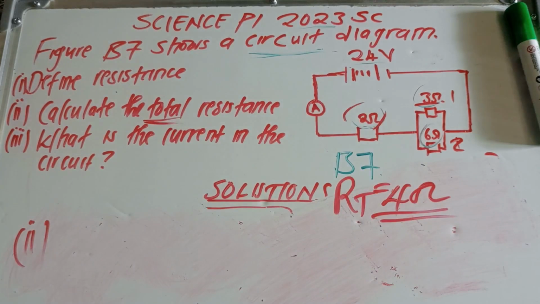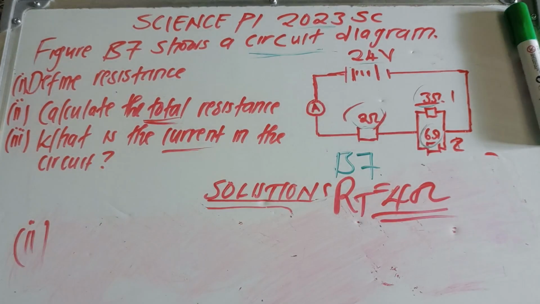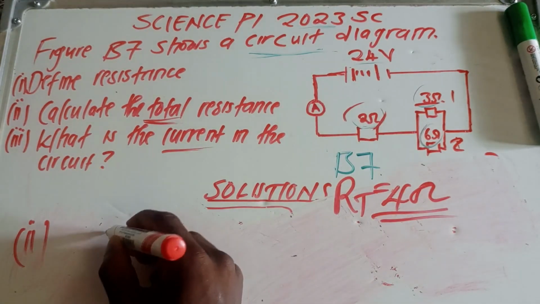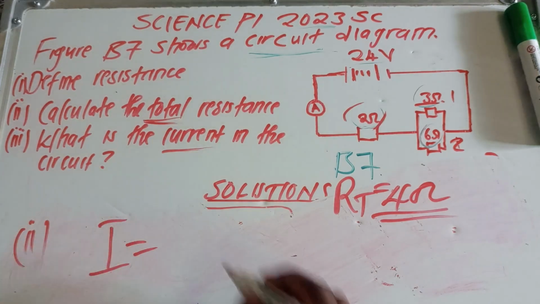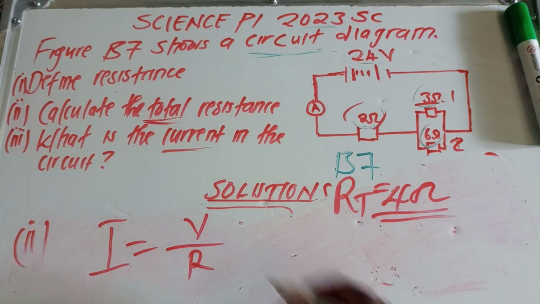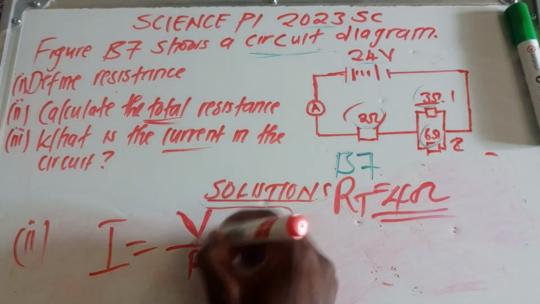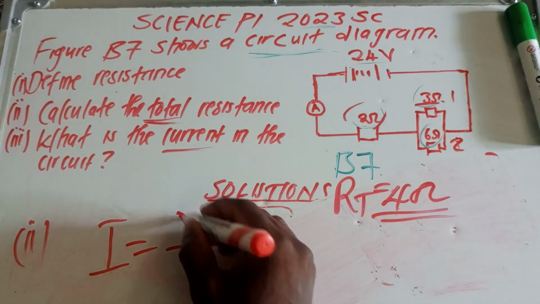Okay, so now let's go to the last question where we have been told to calculate the total current in the circuit. This was very simple because we know that for you to calculate the current, you just need to say current is equal to voltage over resistance. And by the way, this is a capital letter. If you are writing a symbol for voltage, you need to make sure you write it